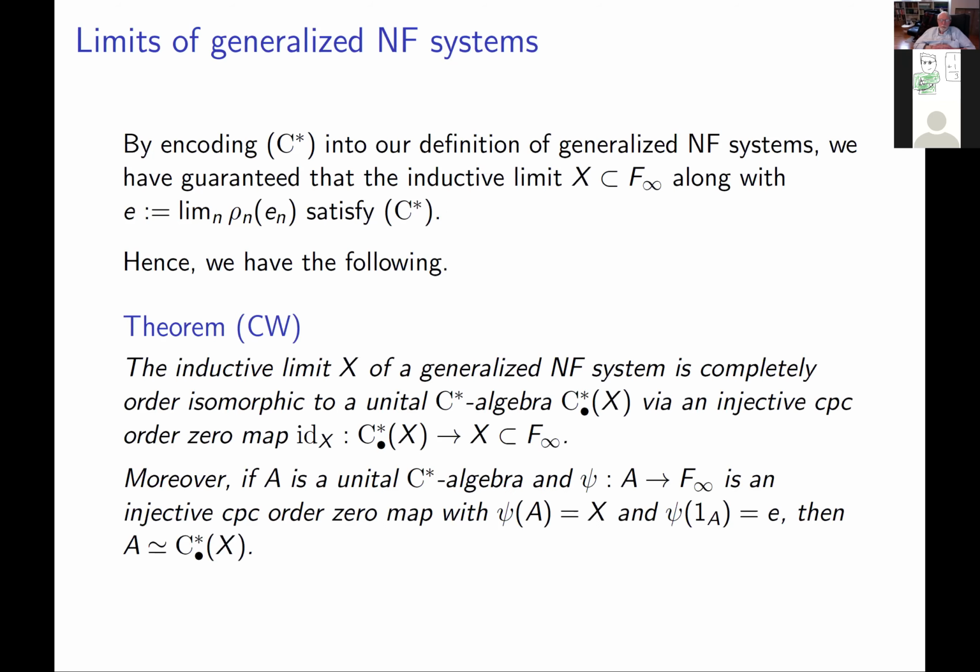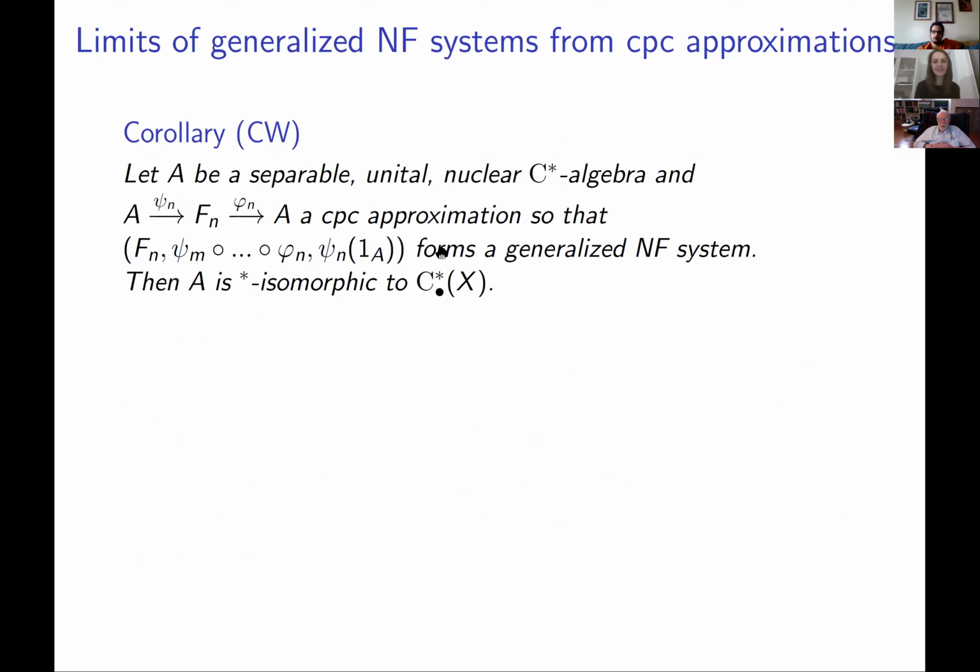Okay. All right. Moreover, if A is a unital C star algebra, and I had some injective CPC order zero map, implicitly I'll call it psi, going into F infinity, and its image was X, then from a theorem that I threw up in the images of order zero map section, that means that A is actually going to be isomorphic to C star bullet X, which means that in that example we had before, when X arose as a generalized inductive limit, or the generalized NF system arose from a CPC approximation of a unital nuclear C star algebra,